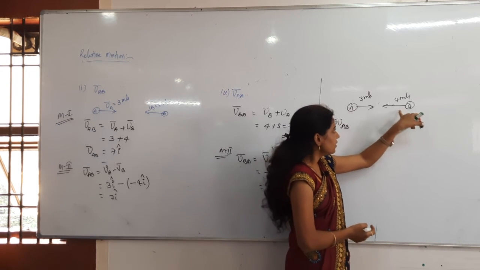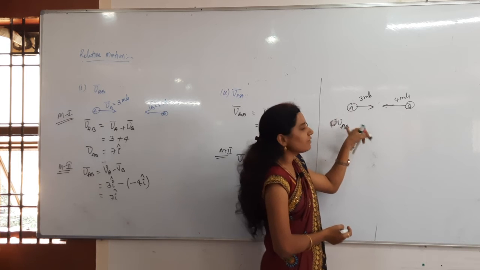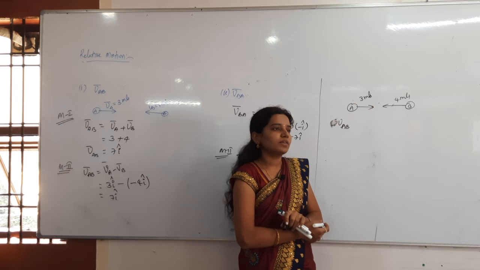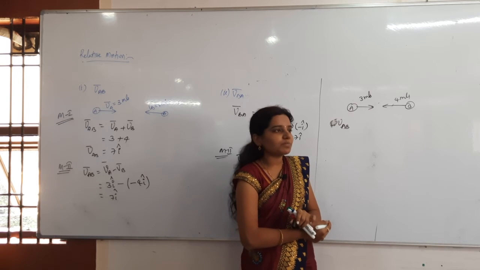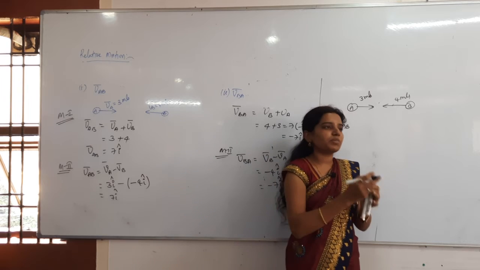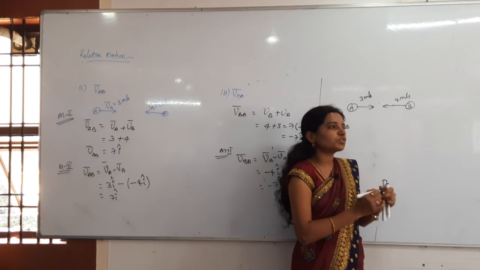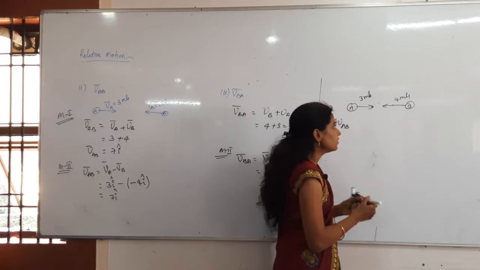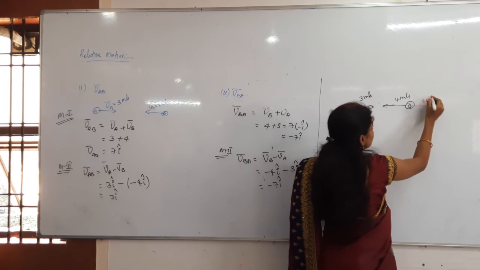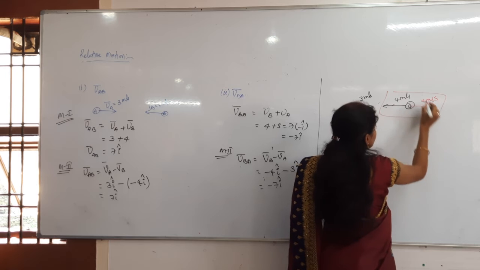See here, velocity of A with respect to B. A with respect to B, nothing but who is observing? B is observing. Let us stop B only. Who is observing? Take him to rest. So B has to stop, nothing but what does he have to do? Opposite. How much does he have to be there? 4 meters per second. It is coming into rest.